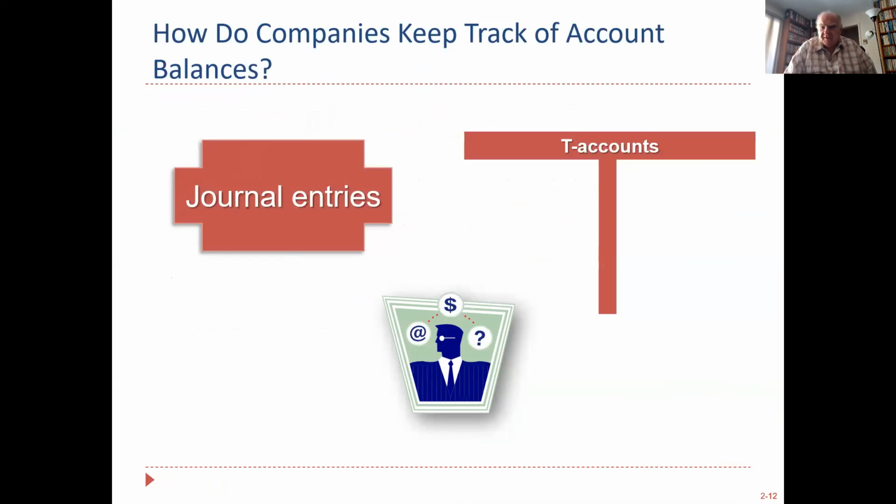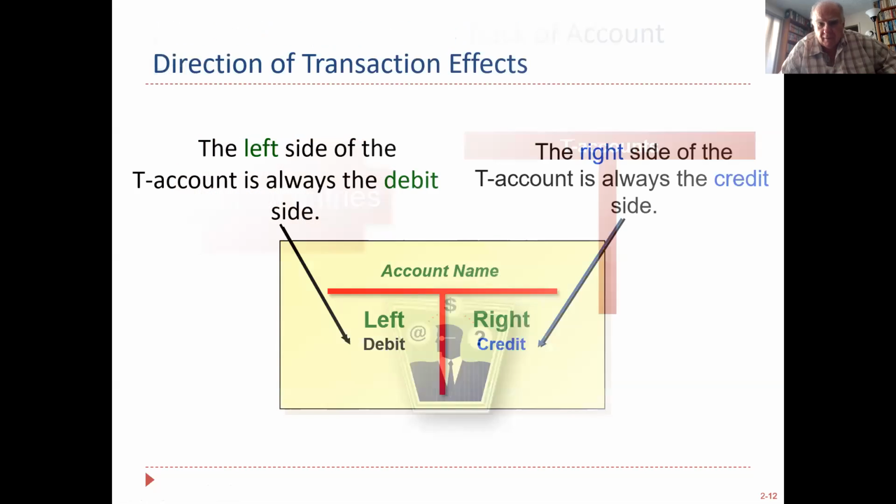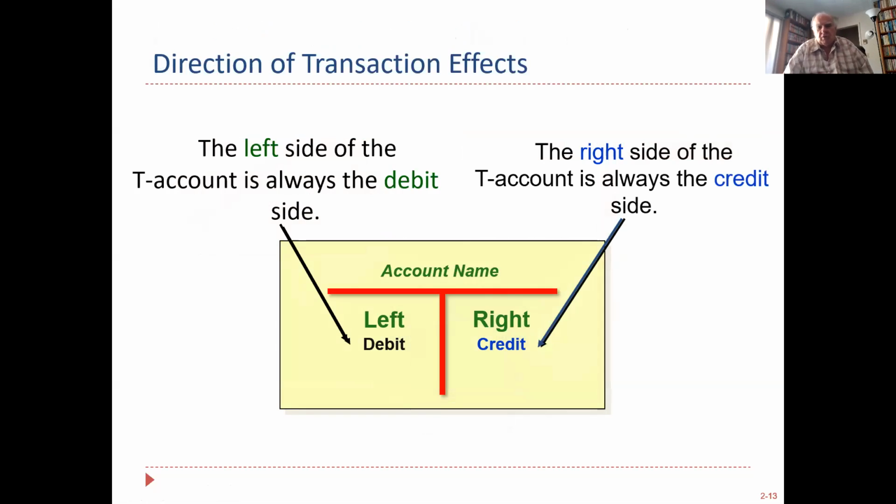We're going to learn about T accounts and journal entries. A T account looks like a T, huh? Hence the name. And journal entries. The T account mimics your general ledger. It's the poor man's general ledger. A T account is actually just a piece of scrap paper. It's a way to organize the data so that you can put it into the journal entry, which is the mechanism for updating the general ledger.